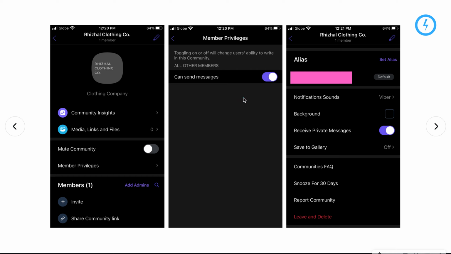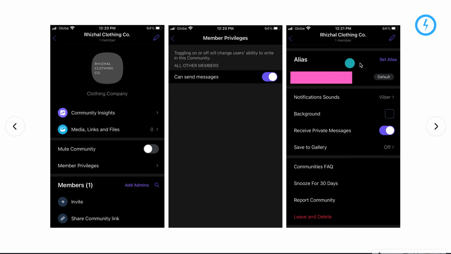If your objective is that the community is more of a one-way, meaning to say you'd like to just send updates and maybe promos and other things once, twice a week, and you don't want the community to be cluttered with all of these messages, then you unclick this one, you turn it off. So only you, as the super admin or the admins that you will add later on if you wish, can send messages within the community. But the member can still reply to any of the admins within the community, and I will show that to you later. Okay, so next is you click back here. So you go back to the main window. The next thing you'd like to set up is